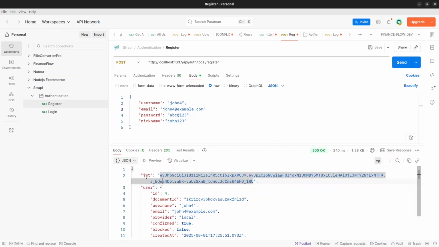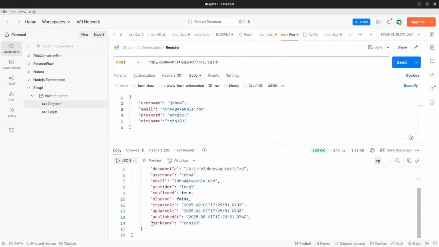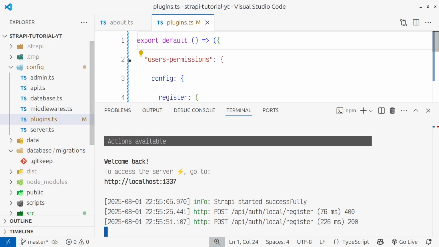Now it has returned the JWT token and username, along with our custom field with the value John 123. So you can add as many custom fields as you want, but don't forget to add that custom field inside this